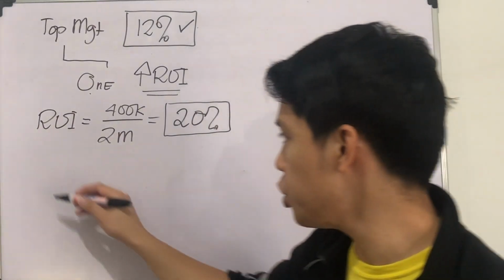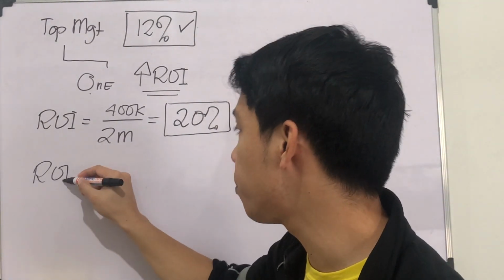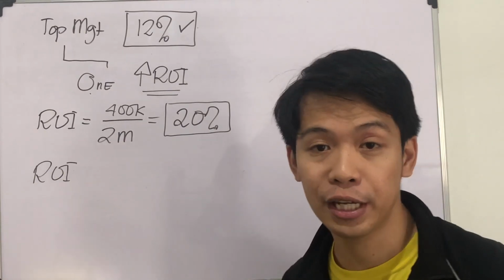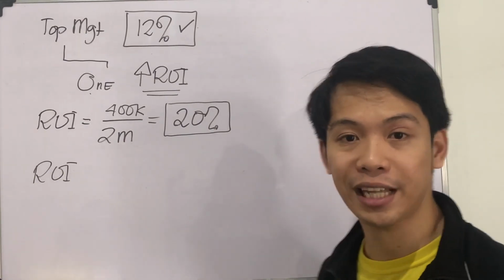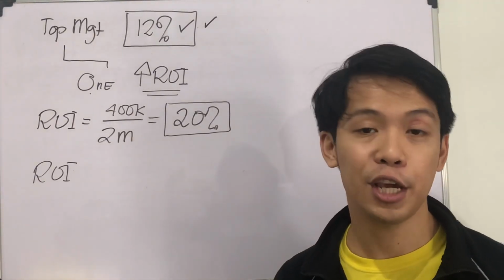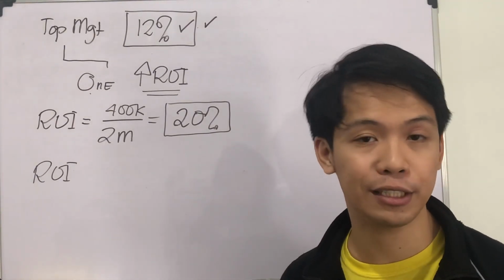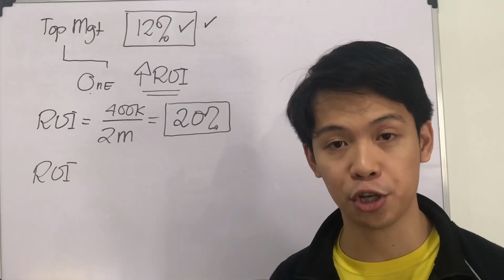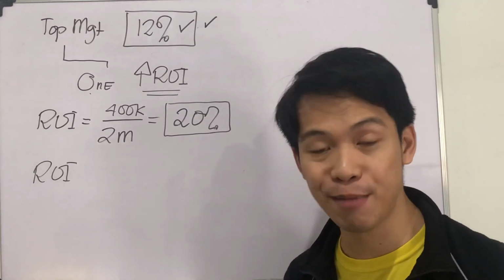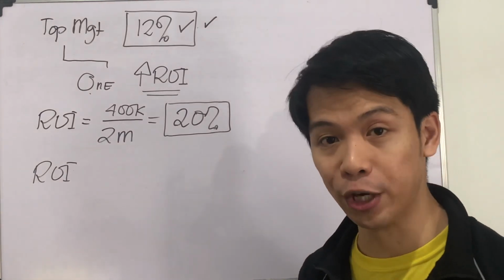What if you're going to take the new project? As far as top management is concerned, this is earning 15%. It passes the 12% test. It would be top management's desire to have this project within the company. However, let us look at the impact of this project to our division.